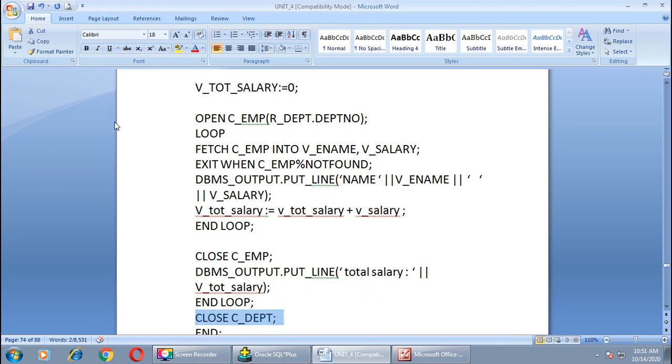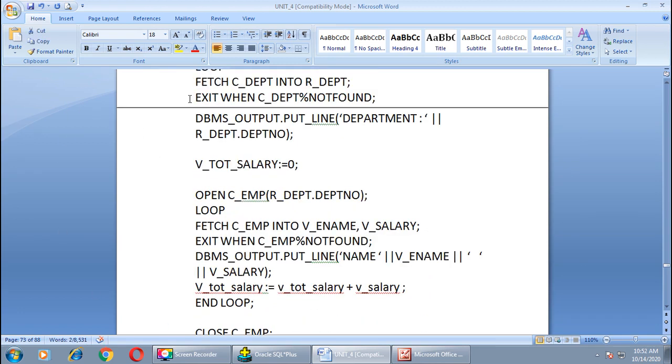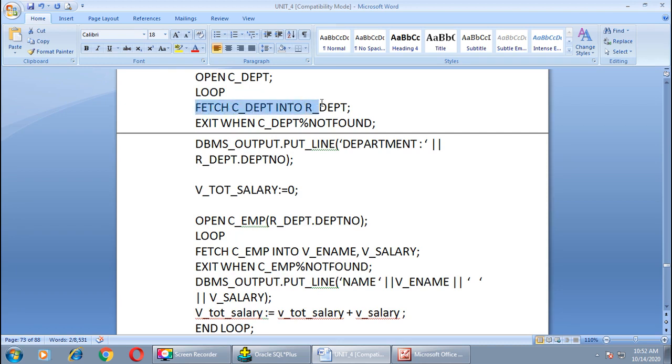Now during the second iteration, this will fetch the second department, that is 20. Again for department 20, open the cursor C employee and pass the value 20 over here. Loop begin.